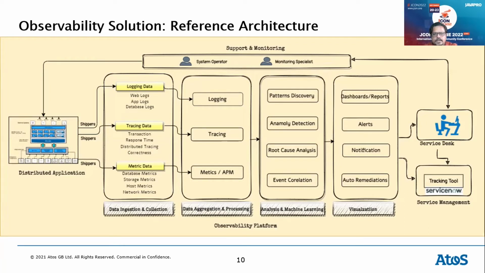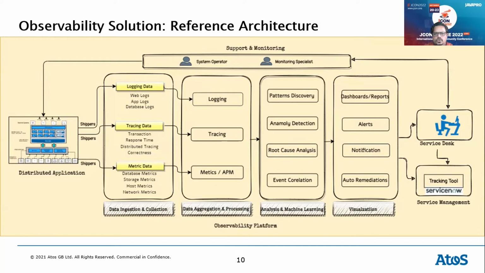Next is the data ingestion. If you see the first vertical block there, that is your data. And what is it ingesting? It's ingesting the logging data, the tracing data, and the metrics data as well. The same that we saw earlier in the telemetry framework. These are the same elements or parameters that it's ingesting into this particular stage of the pipeline, so that's captured at this stage.